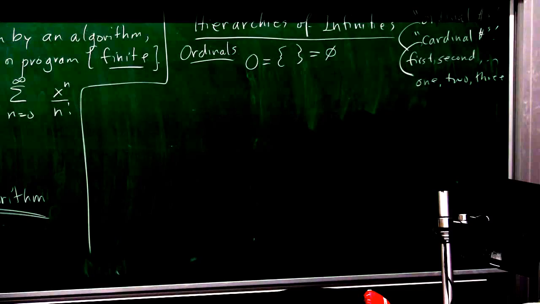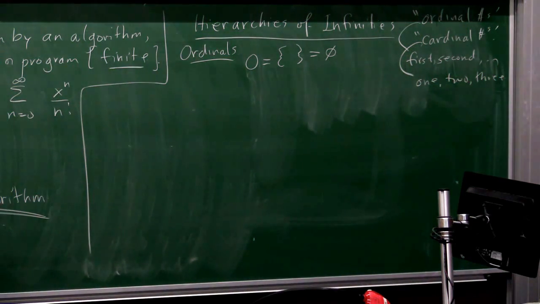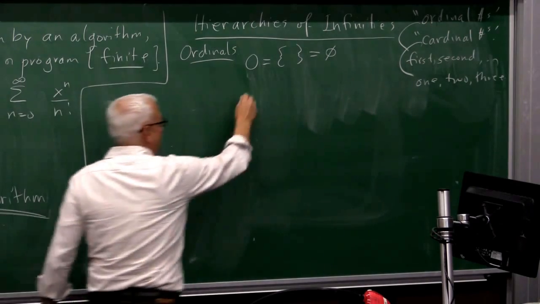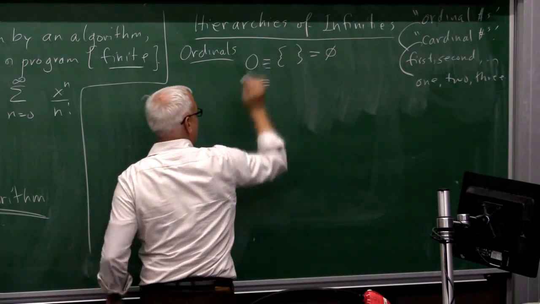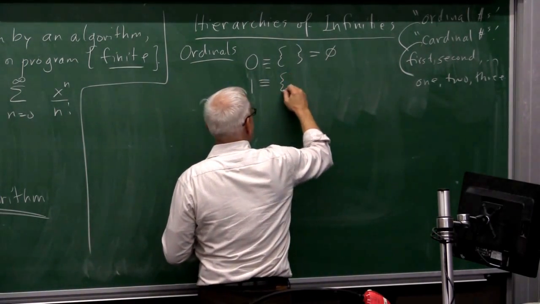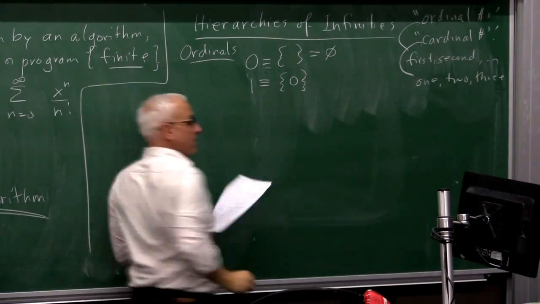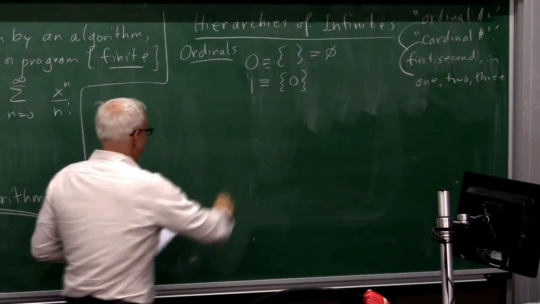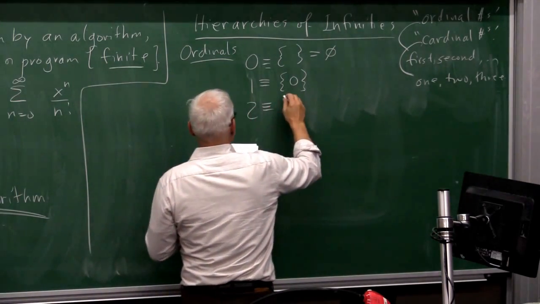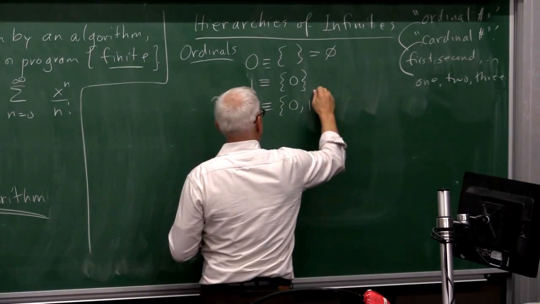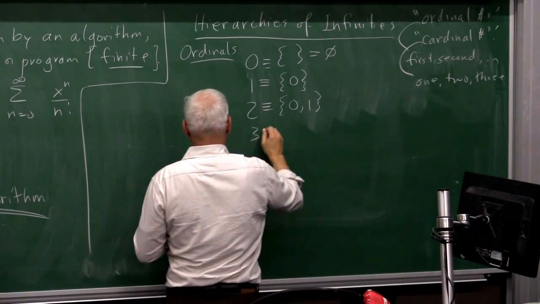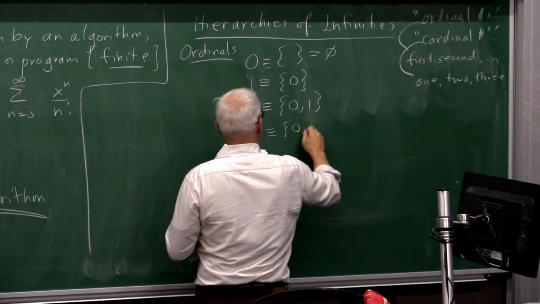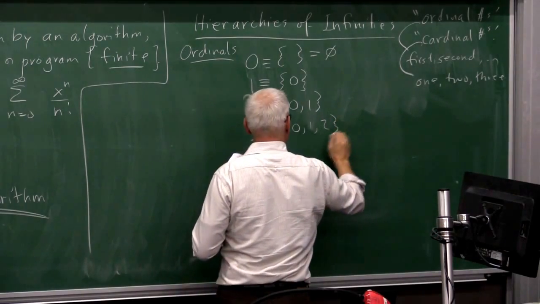Okay, now if we're going to build things up just using set theory, then we can take sets of sets. So the number 1 could be defined to be the set consisting of 0. We've just defined 0, so we take the set consisting of 0, and that's the number 1. And then the number 2 is defined to be the set {0, 1}. The 3 is the set {0, 1, 2}, and so on.